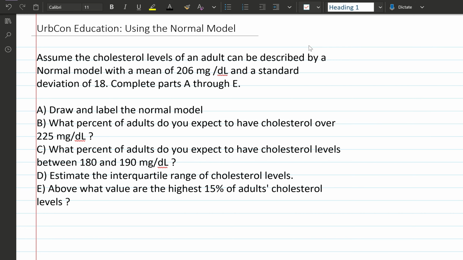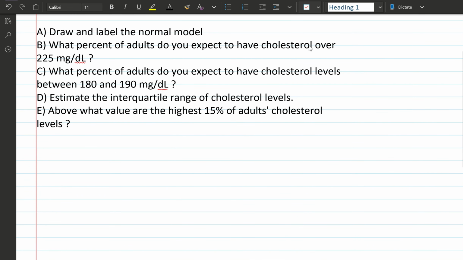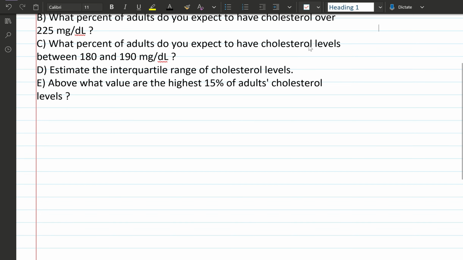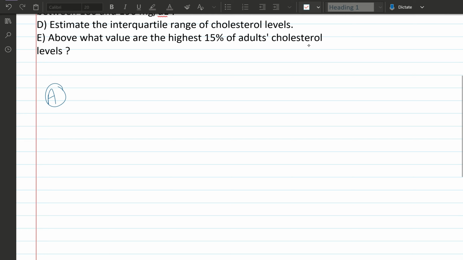Alright, so let's go ahead and take a look, and I'll be referring back to these questions and scrolling up. The first question says, draw and label the normal model. So, the normal model will be as shown. We have our curve, and within this curve,